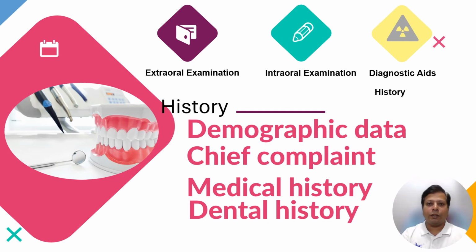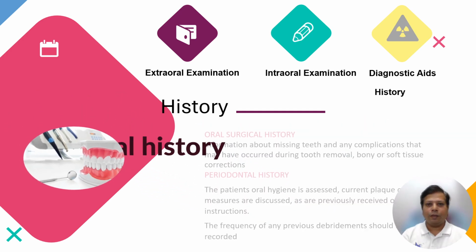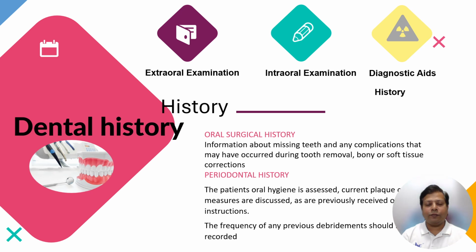So coming to the dental history part of our examination. In dental history, we divide it into departments so it becomes easy for our diagnosis. First, what we record is the oral surgical history, under which we record information about any missing teeth, any complications that may have occurred during tooth removal or bony or soft tissue corrections, as well as